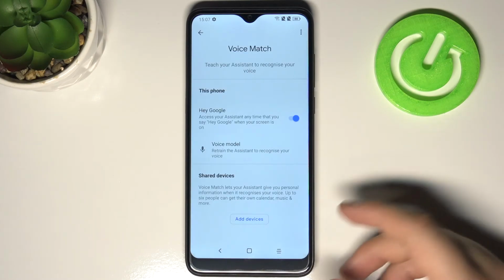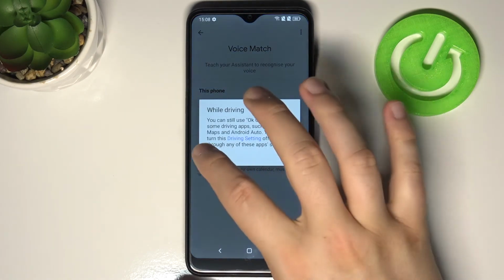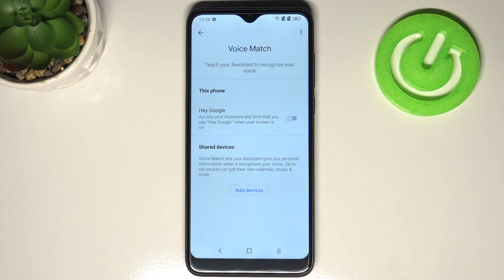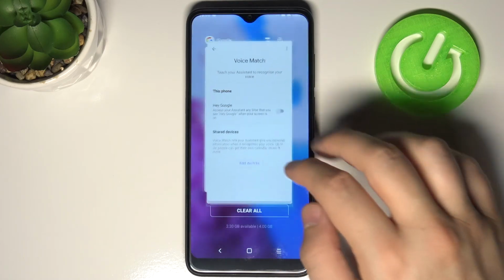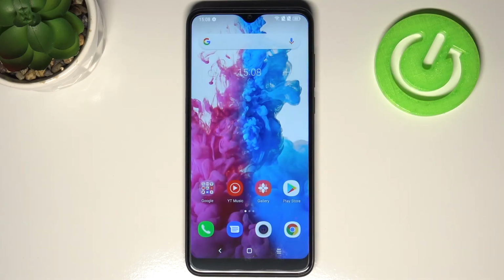And if you want to get rid of that, just tap on the switcher again and test it if it works. Hey Google, OK Google. As you can see, this voice command is not activated,